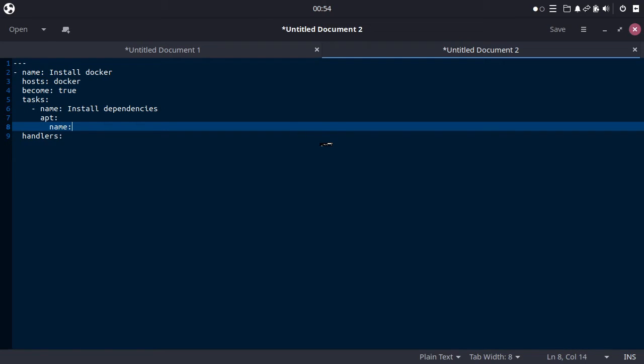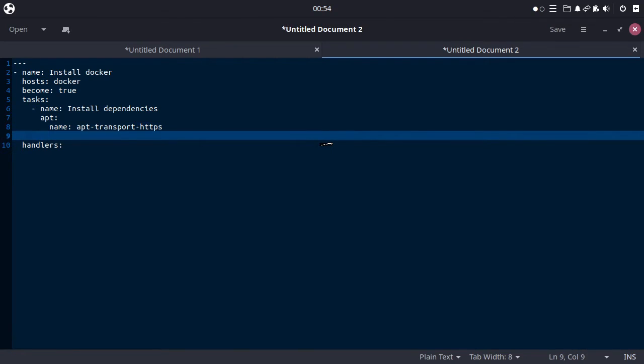So name here is basically the application name. So the dependency is usually apt-transport-https, right? And then state is present, which means Ansible only checks if the application is already there or not.